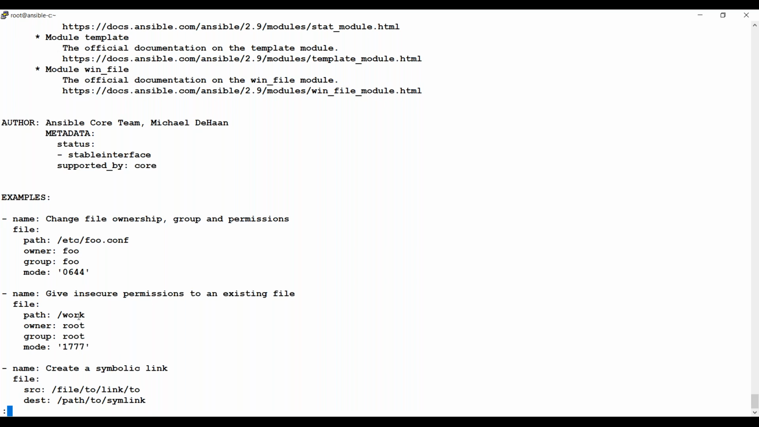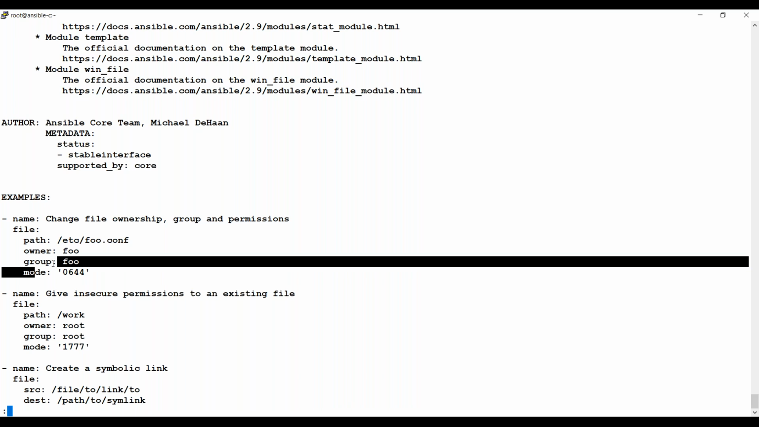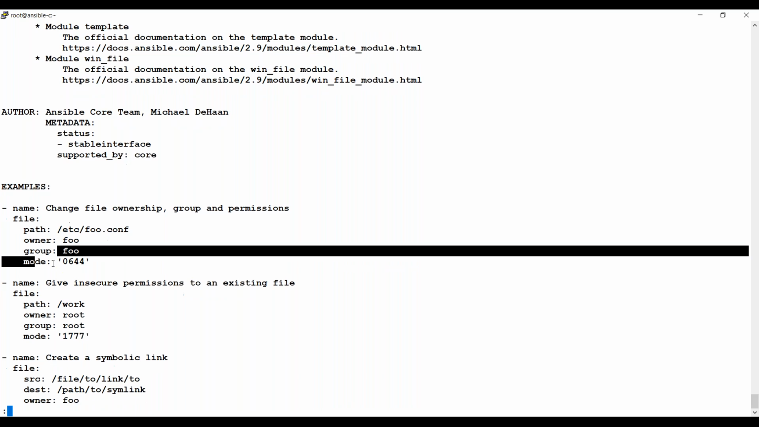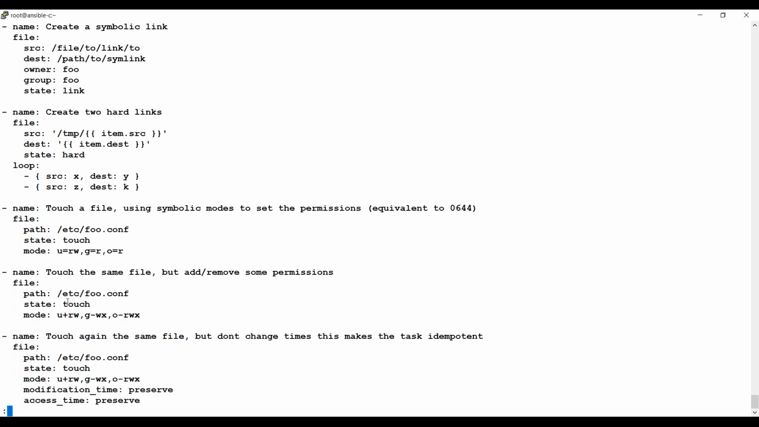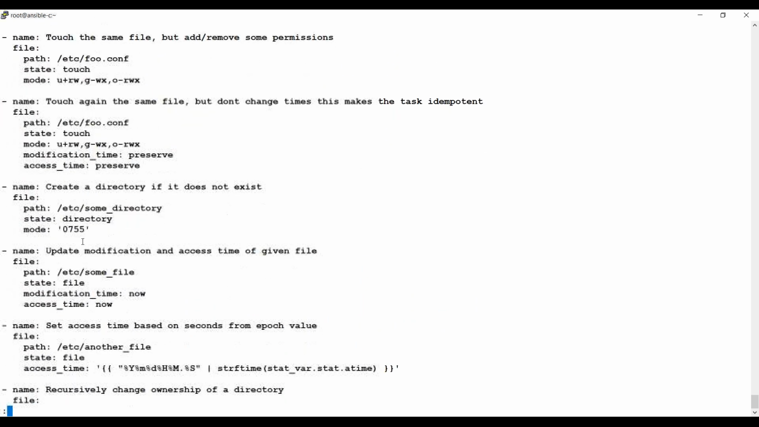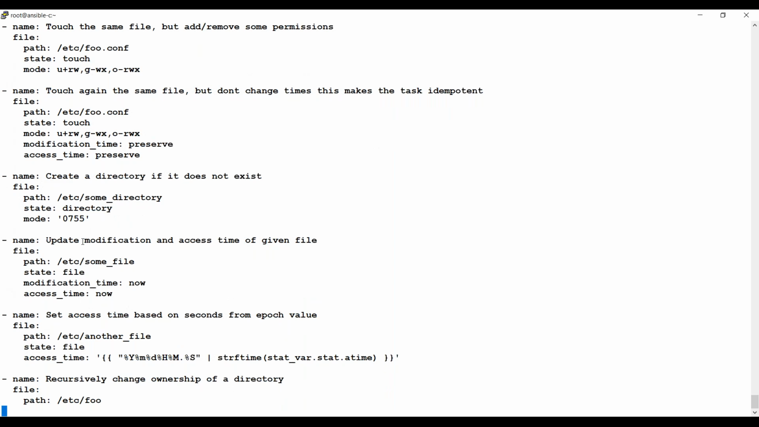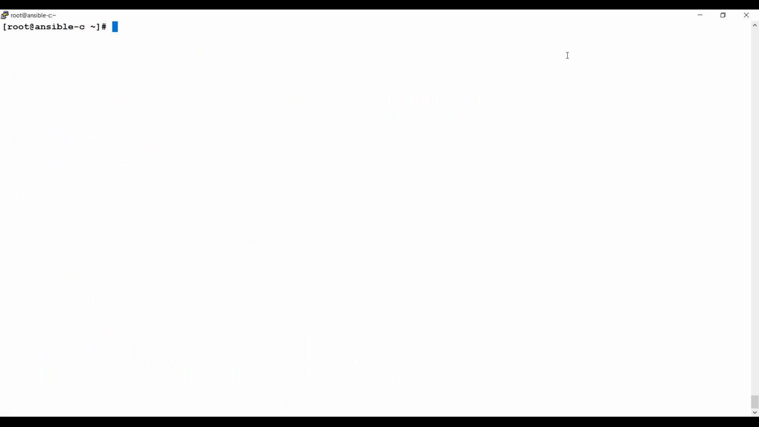So over here, you can just follow these things. Who should be the owner? Who should be the group owner? What should be the mode, right? And creating symbolic link, hard link, many options are there. Creating an empty file with touch, or then you can go with copy and add some data. Whatever you wanted to do, you can do it. Okay, now